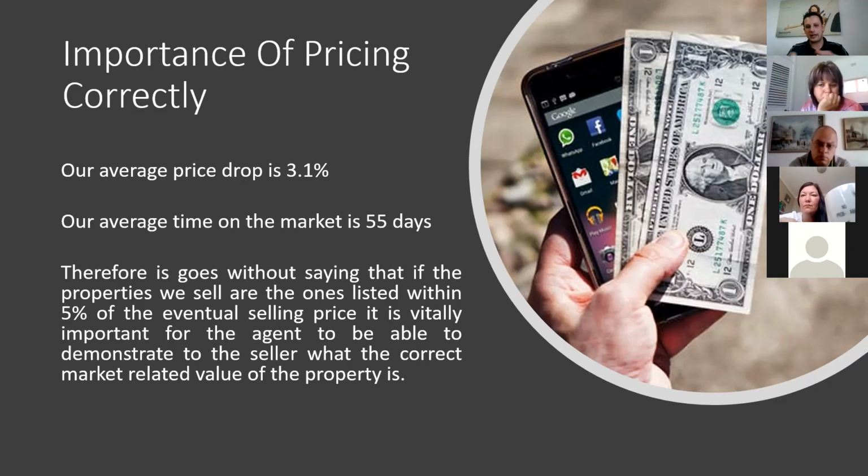So when you're benchmarking, this property is probably worth around 1.4 million rand. That's where I think we could achieve this price. But the seller says to you, I want to start at 1,475,000 rand. Don't kick him in the shins, okay? Just go, sounds like a great place to start, because you're still within that 5%. You're safe. It's the moment you're out of that that you've got to go, it's going to be a little bit tough. I've got to work on my repricing now.